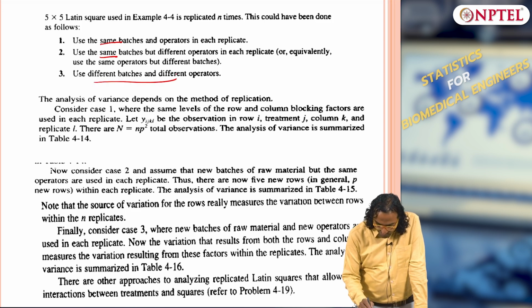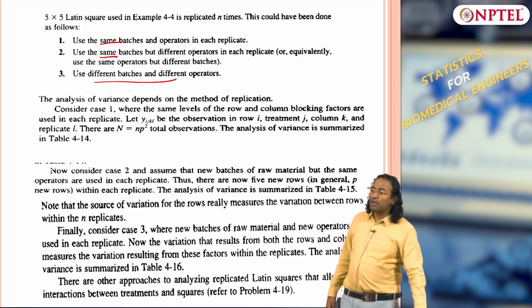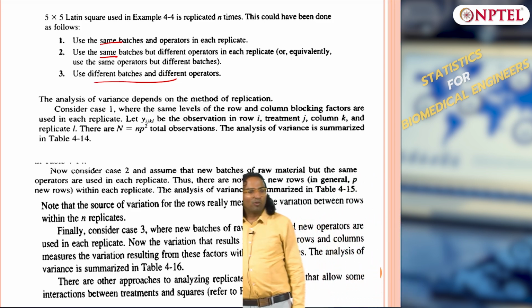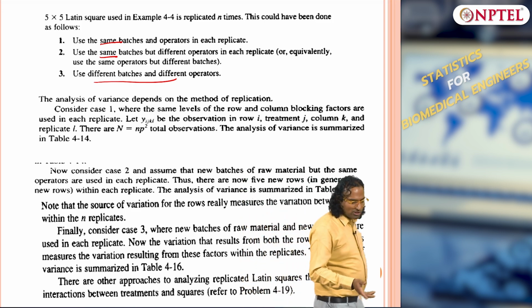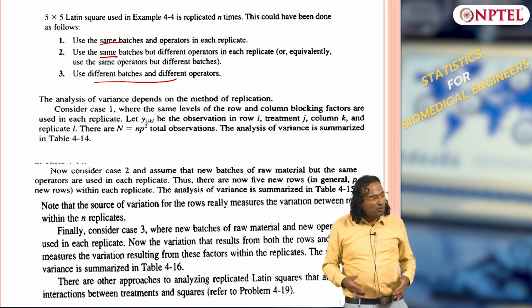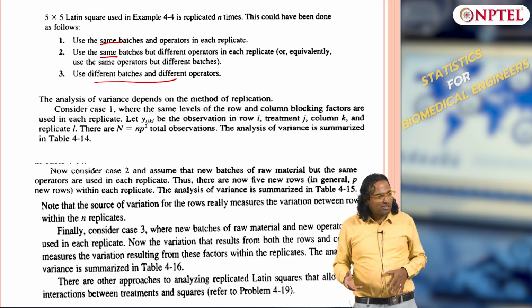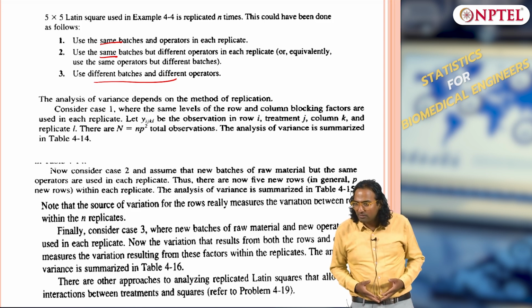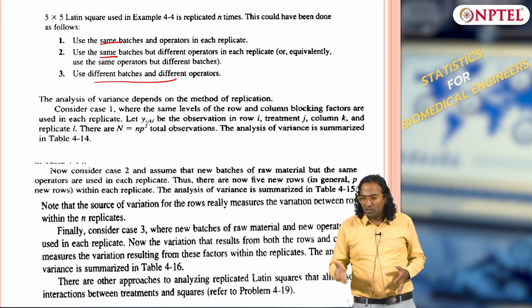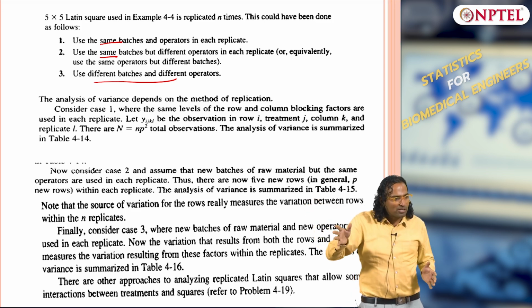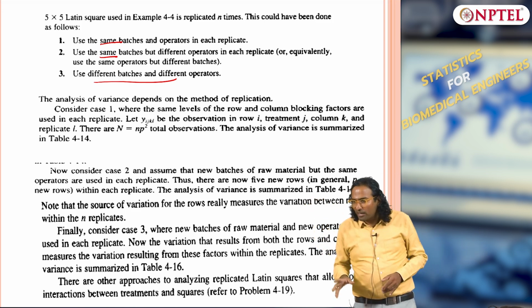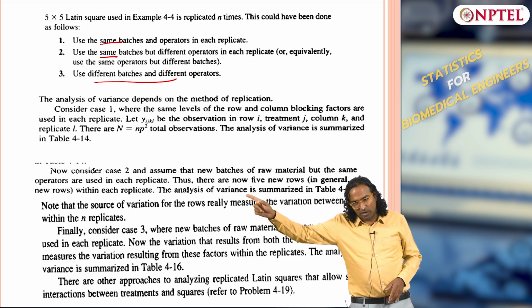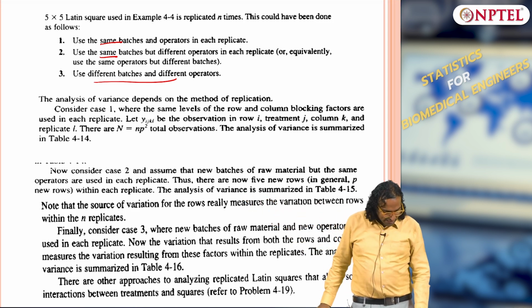If you do it differently, what will happen? Your replicate sum squared will start increasing. So you have to keep it as close as possible. You can keep rows and columns the same. You can keep the rows the same and columns different. You can change both, but when you change both and do the replications, what will happen? If you do not care about rows and columns, and only worry about treatments and let rows and columns take their own path, your replicate sum squared error is going to increase, go up. That has to be considered.